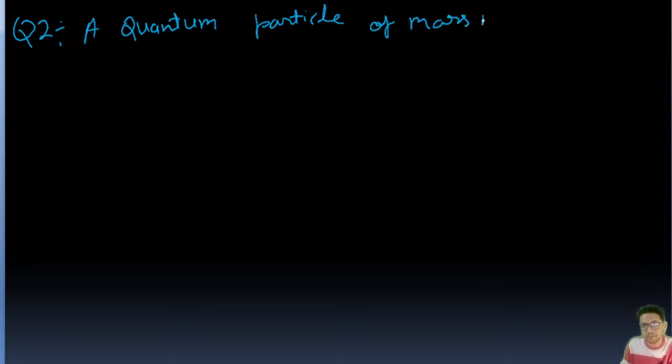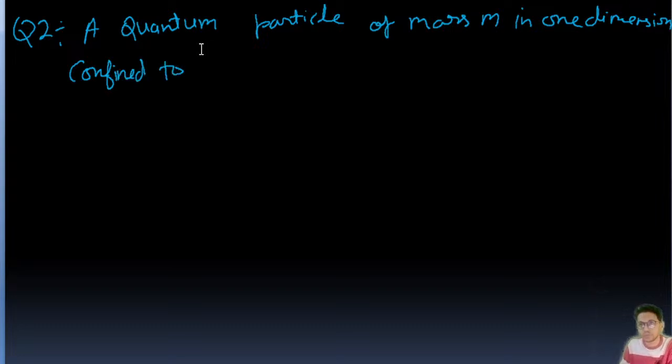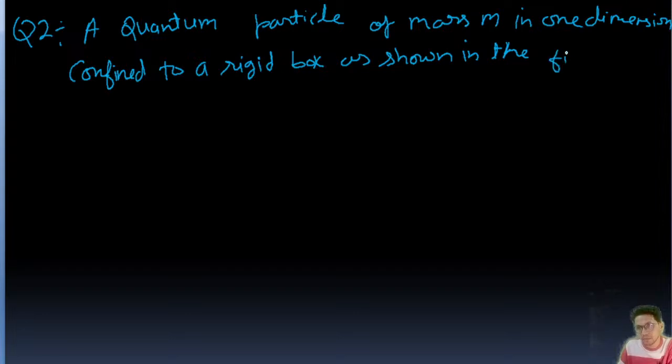A quantum particle of mass m in one dimension, confined to a rigid box as shown in the figure, is in its ground state,